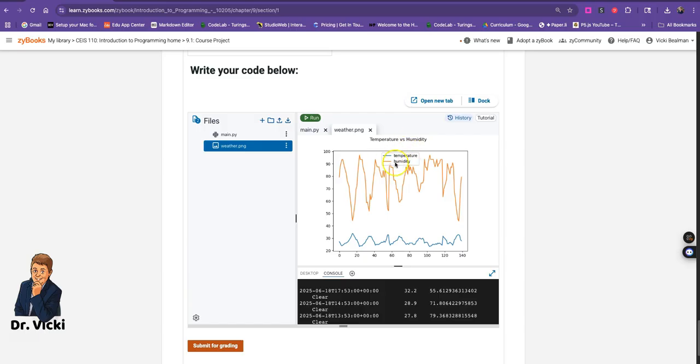Okay, and here's your legend. The temperature is in blue. The humidity is in orange. Now, what is the value of this? Because this you can look at and see, do you see any correlation? I do. See, the humidity is only at 80, but the temperature was at 30, almost 30 Celsius. But look, as the temperature goes up, the humidity goes down. The temperature goes down,